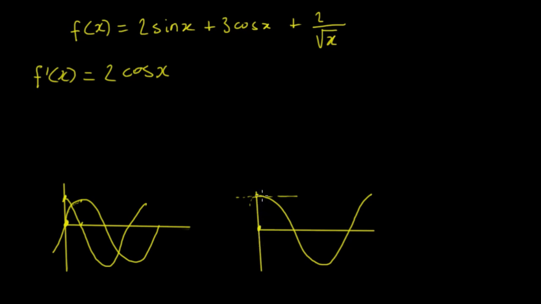And then as we work along here, you can see that the rate of change is actually a negative value. It goes down this way. So it must be coming down like this. So if it comes down like this, what we're going to end up with is the negative of the sine. So the sine looks like this, so this is the negative of the sine. So we're going to have minus 3 sin x. Now 2 upon root x, that's the same as writing 2 x to the power of minus a